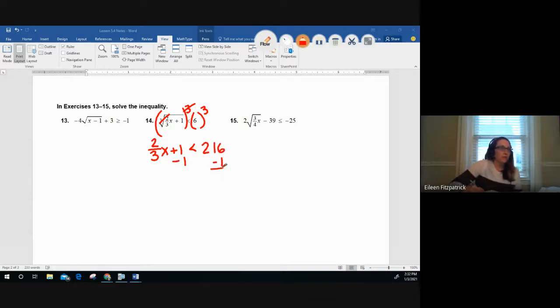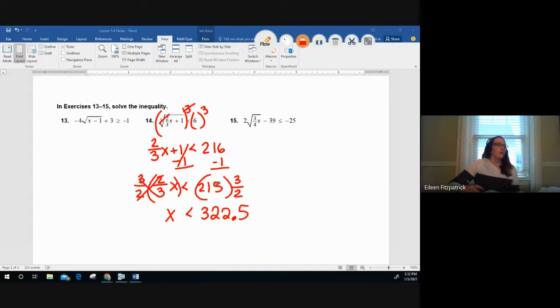Subtract 1 from both sides. So I have 2/3 x is less than 2/15. And then I'm going to multiply both sides by the reciprocal fraction, which is 3/2. So you have x is less than, I'm going to just leave this in decimal form again so we can think about the numbers,